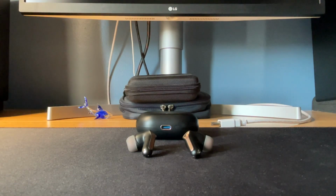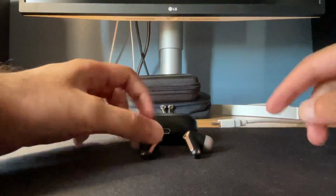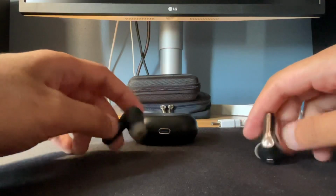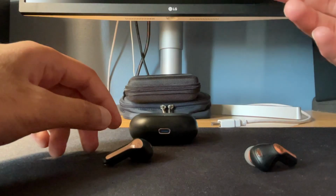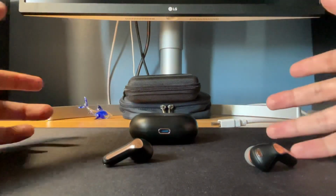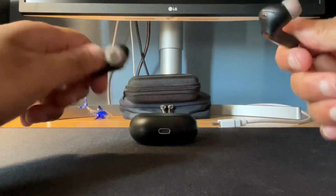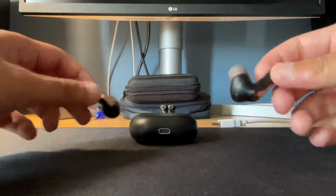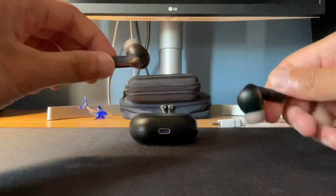In this video, I'm going to be taking a look at the SoundPEATS Capsule 3. So these are wireless earbuds. And normally I don't do wireless earbuds because I think all of them sound pretty bad. And they're only good for convenience factors, which I don't really care too much about. But when you're working out and stuff, you definitely don't want to use a wired set. It just gets maybe a little annoying. And you're probably not critically listening anyway, so...